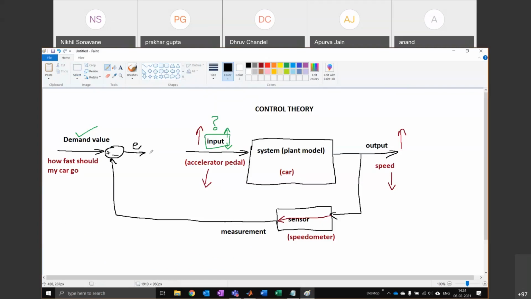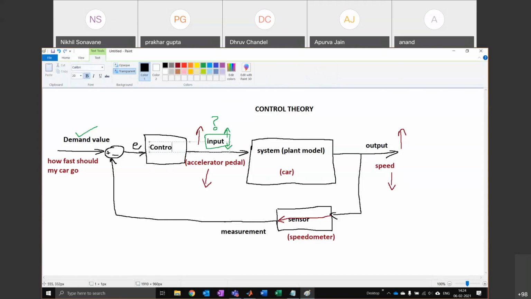Okay. So basically my task is that I have to convert this error signal here into some input signal. And the system that does that is known as the controller. This is called the controller.